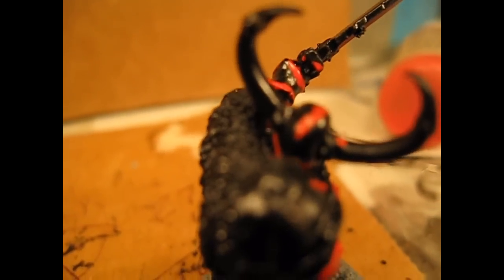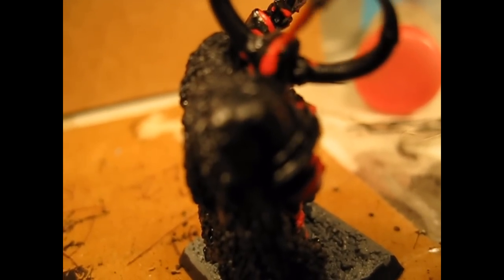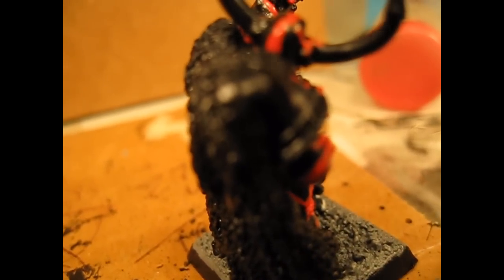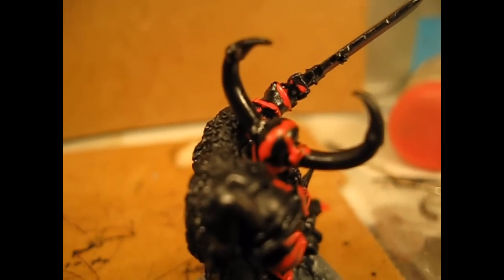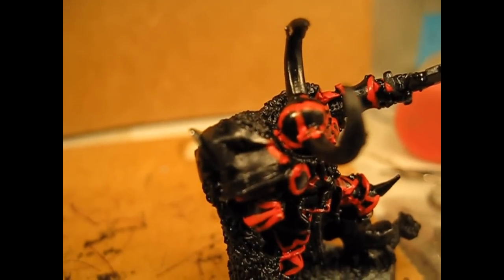I know it looks really weird, kind of looks like crap right now, but there's a method to my madness, and you'll see. Once we clean it up, you'll like it. It'll look nice. You may not like the style. It may be a little too chaotic for you, but